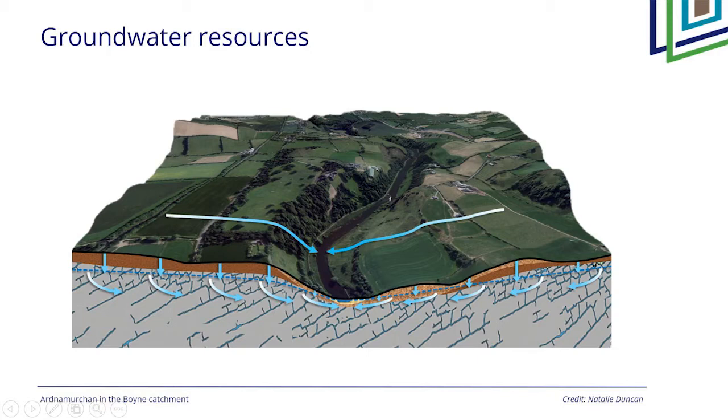on the image on the slide. So rainfall falling on a catchment and running straight off into the river. But what also happens everywhere in the country is that rainfall seeps into the soils, through the subsoils, and down into the aquifers, which are rocks that hold water, and fill up the cracks and spaces in the rocks under our feet.